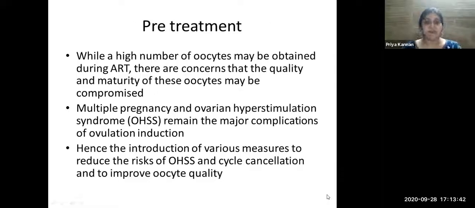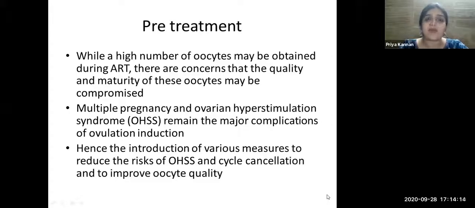Pre-treatment. As we know, the theory has been coming around that the eggs that we see in this cycle were not recruited this cycle. They were probably recruited 2 cycles before. If we infer that, then the eggs I see today were recruited 2 months ago, which means I need to do whatever I can to improve the oocyte quality before I start the ovarian stimulation, at least a month to 2 months, and that is when it is optimal.